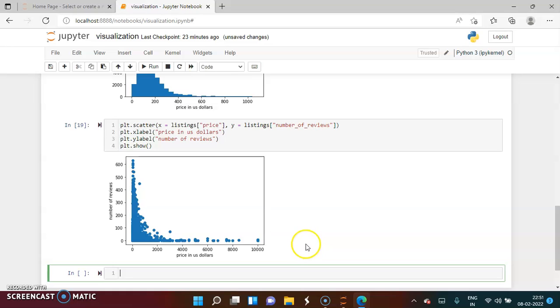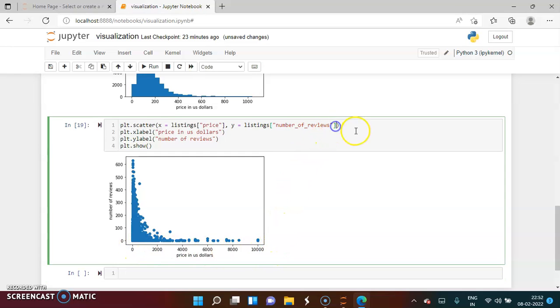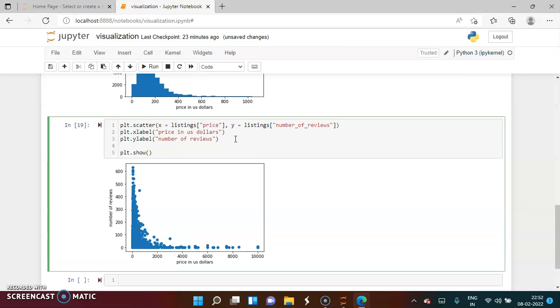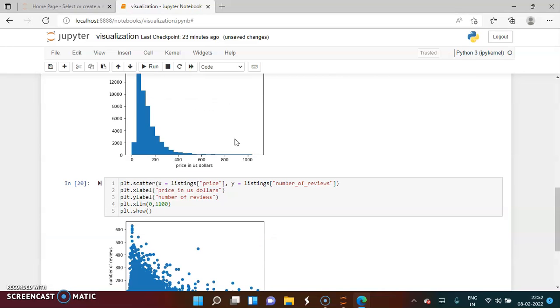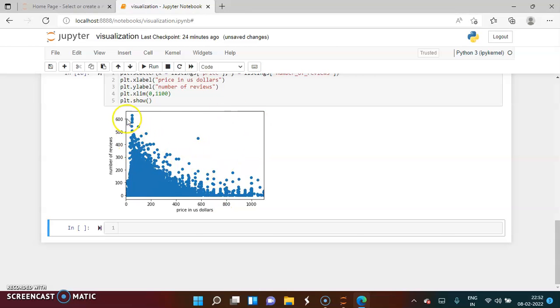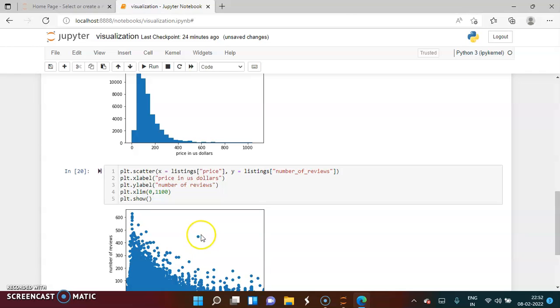Here it is, the scatter plot. Still, it does not make much sense because the range is pretty wide. I don't want the range to be until 10,000. So I'm going to define the range here, and for that I'm going to change the existing piece of code: plt.xlim 0, 1100, shift enter. So now my data is represented from 0 to 1100,